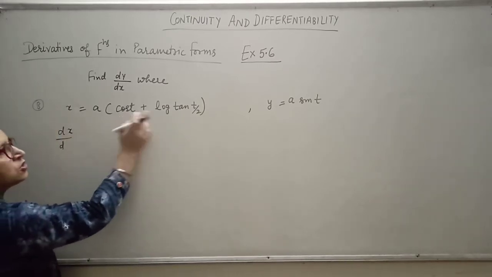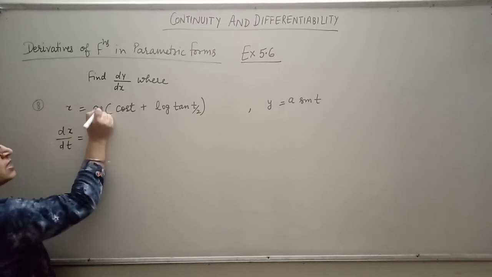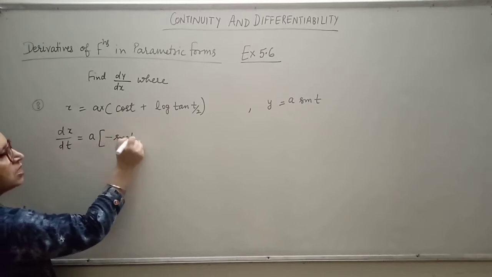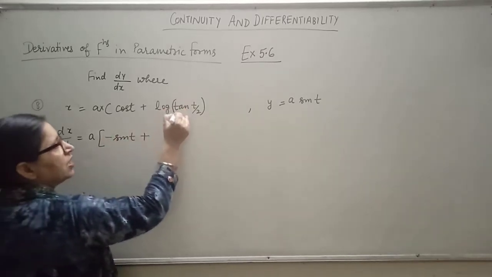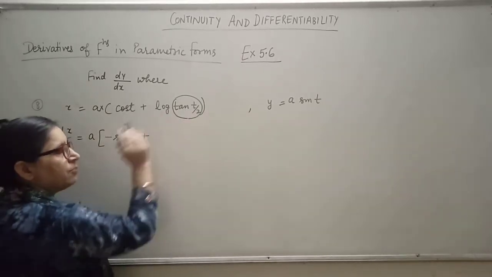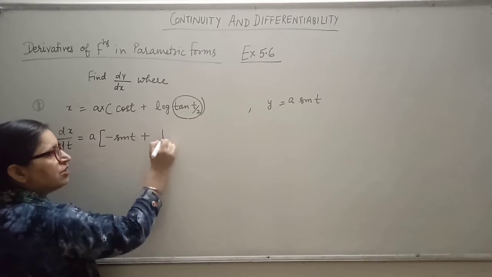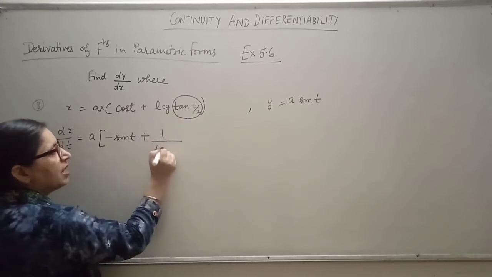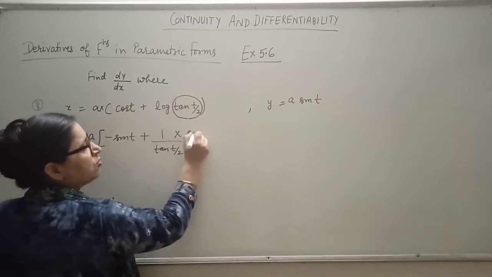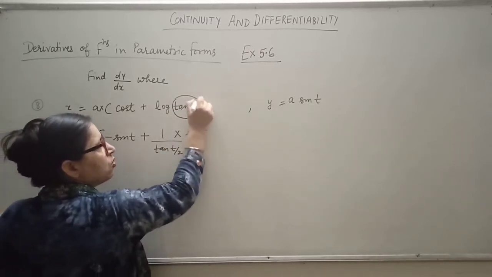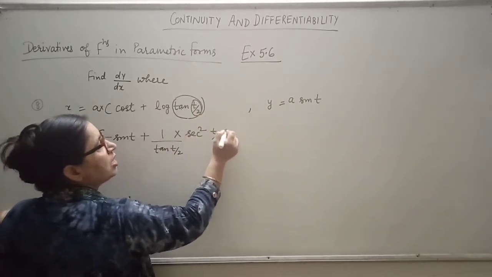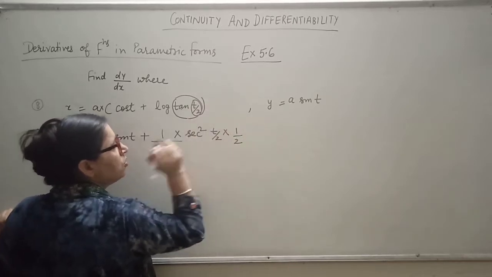It is given in terms of t, so dx by dt. a is in multiplication, so a will be written as it is. What is the derivative of cos t? That is minus sin t. Now plus, what is the derivative of this log of tan t/2? तो log of x से कंपेयर करो, बेसिक फॉर्मूला log x होता है, उसका डेरिवेटिव 1 upon x होता है, तो x is this tan t/2 into derivative of this tan, that would be sec² t/2. अब आप इसको x मानेंगे तो ये लिखिए t/2. अब इसका डेरिवेटिव हुआ into t का डेरिवेटिव 1 और upon 2 as it is.